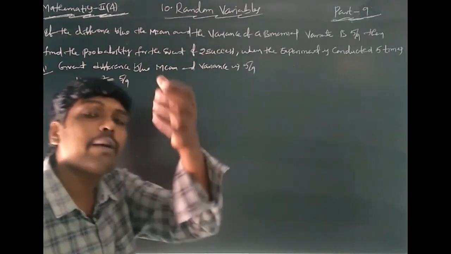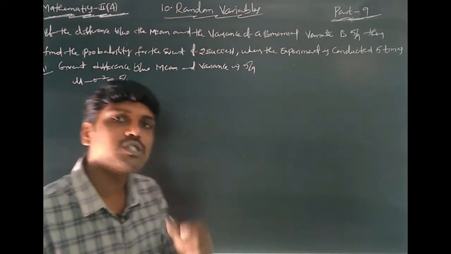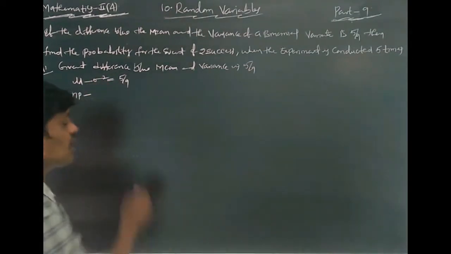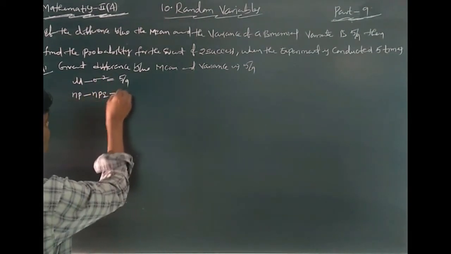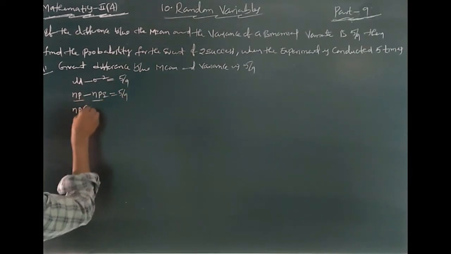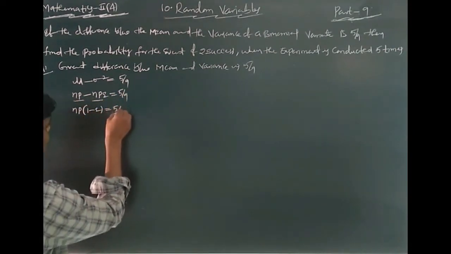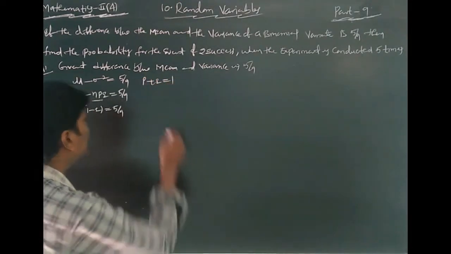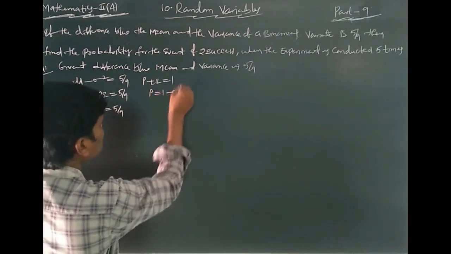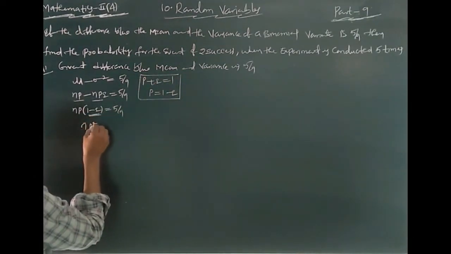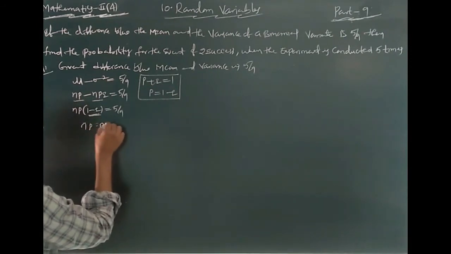What is the formula of mean in binomial distribution? np. np minus variance npq is equal to 5 by 9. In these two terms, np is common, remaining 1 minus q is equal to 5 by n. You know that p plus q equals 1, then p is equal to 1 minus q. That's why you can write 1 minus q as p: np into p is equal to